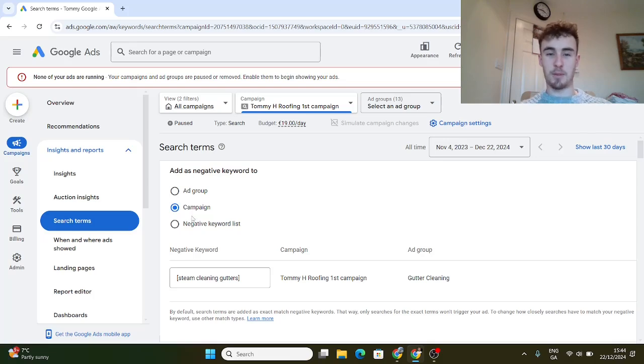And one thing that's really worth mentioning that I didn't realize at the beginning myself is that your negatives are automatically added as exact match negatives, meaning that your ads will only not appear if this exact keyword is searched. But for example, if you didn't want to appear for this at all and somebody searched steam cleaning gutter rather than gutters, then you will appear because it's not exactly the same as this. So you're just going to have to keep adding more and more negatives and wasting a lot of your time. Whereas if instead we just remove these square brackets, we can add this as a broad